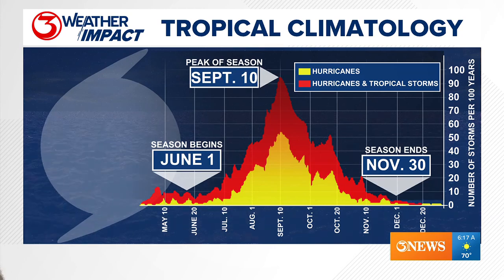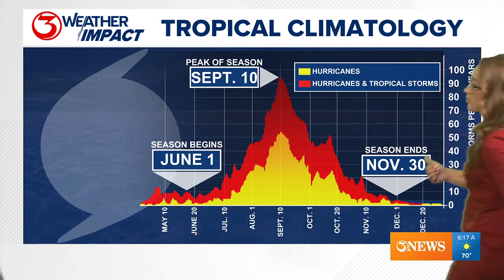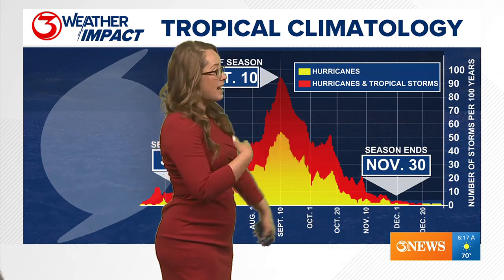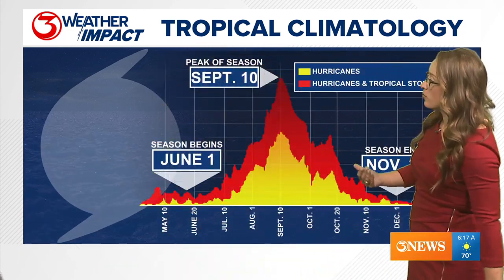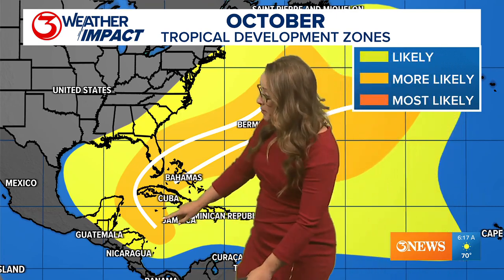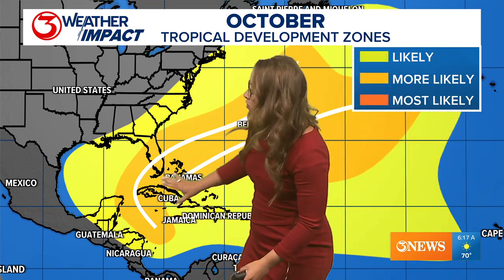The 10th was the peak of hurricane season, but this is a reminder that it lasts through November 30th. We are just about to start October, so we're about here. There's a secondary peak that comes mid to late October, and then we start our fall. So overall, tropical development for the month of October tends to be right here into portions